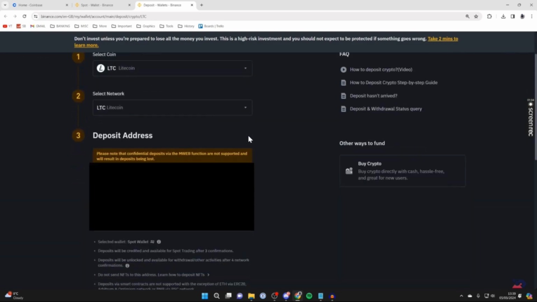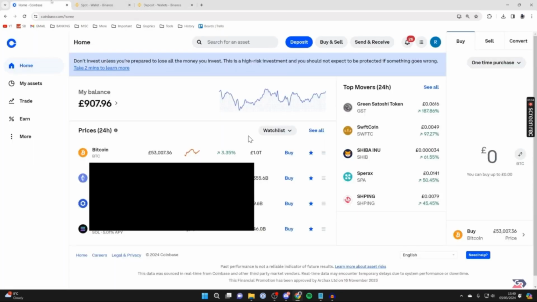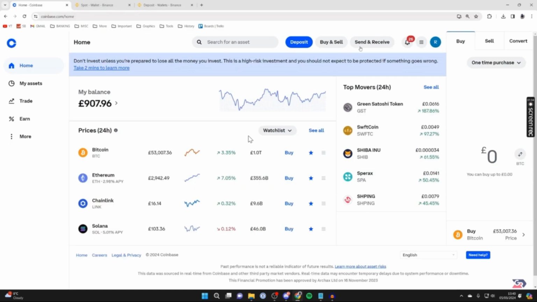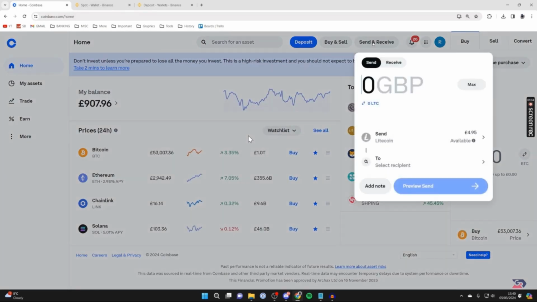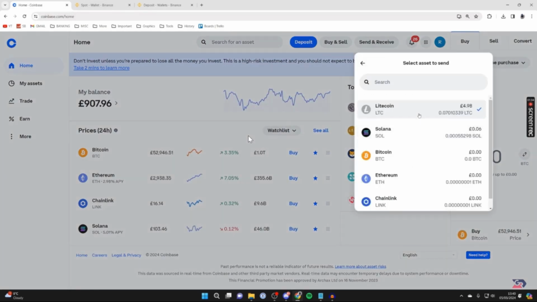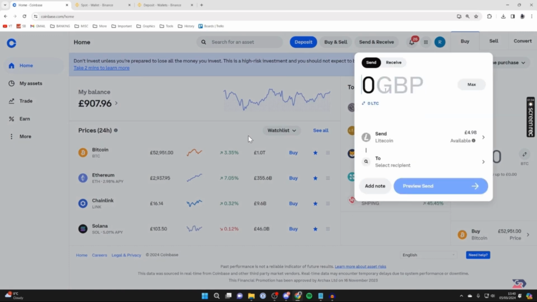Okay, now here you need to enter the address of your Coinbase. Copy the address of your wallet and paste it here. So for this I will go to Coinbase and click on send and receive, and here you need to select the cryptocurrency. So for this here we have two options. Click on it